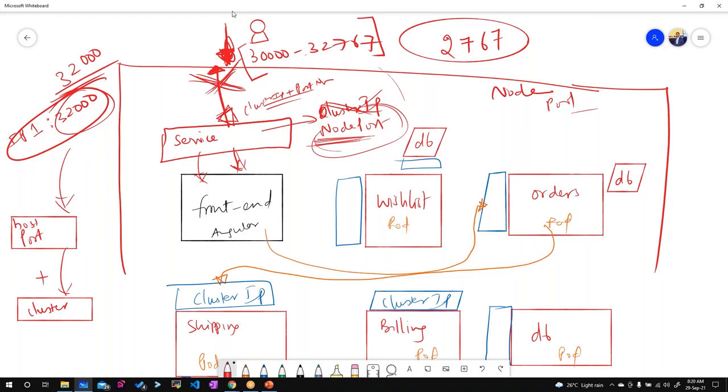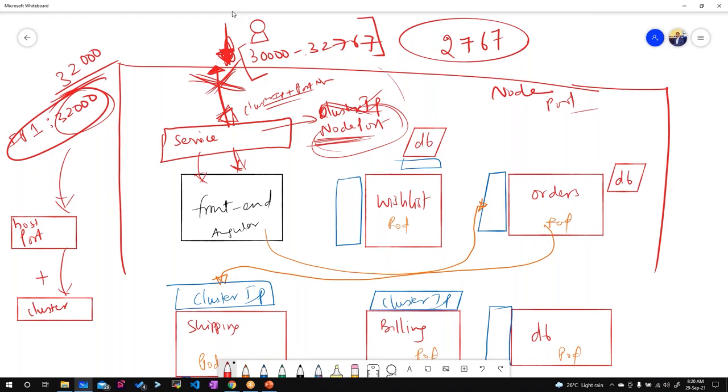So when you change the cluster IP back to node port, if the 32,000 port is not available, Kubernetes will assign some other port in this range. So node ports are not always constant, and you should not hard code any node port in your service. You should let Kubernetes decide the port for us.